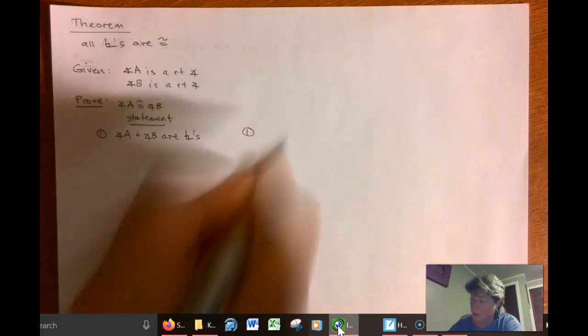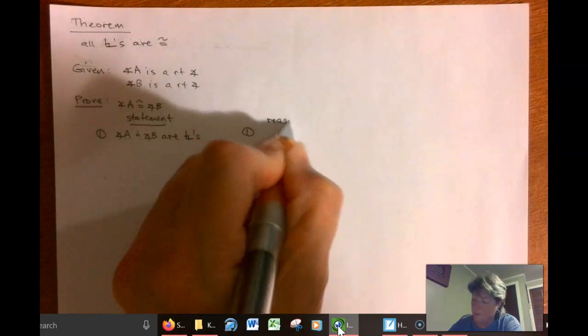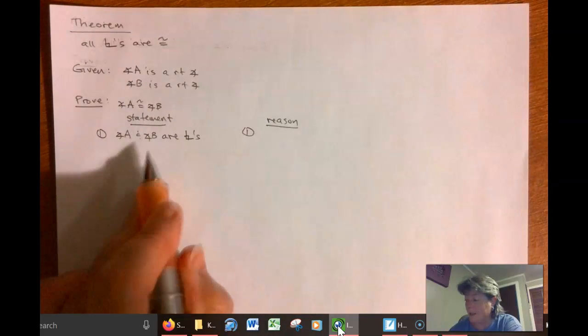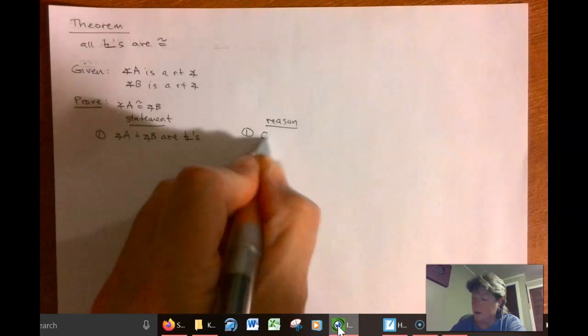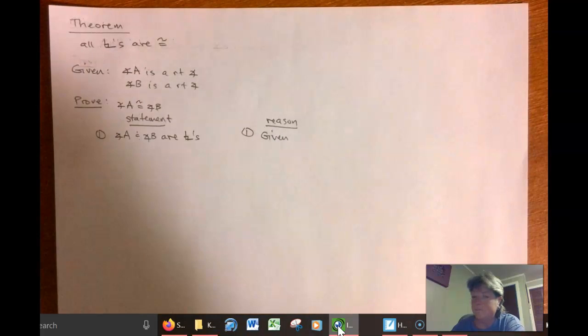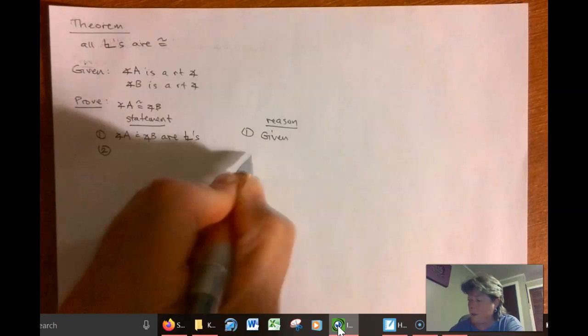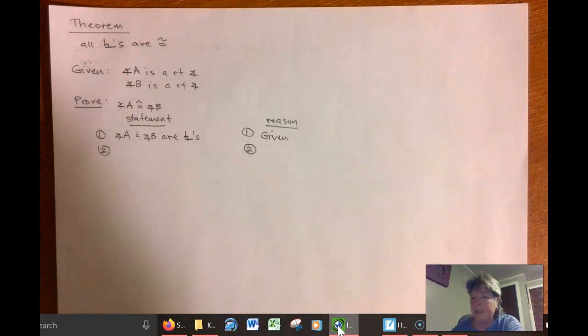And the reason I'm going to put on the right-hand side. So the reason I can say that this is true is because it's given. I was told that it's true. And then in number two, if you think back to yesterday, we talked about what it means for angles